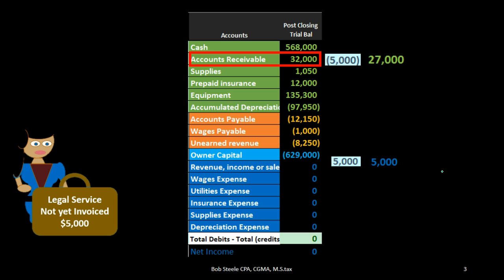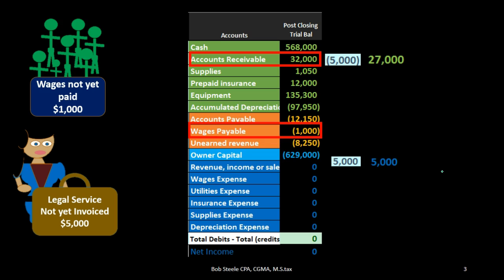We're trying to separate the two departments and say the adjusting department's going to reverse anything that's going to have any impact on the accounting department. Then the accounting department can just do what they do and not have to worry about the adjusting entries. Another example of this is with wages payable. So we may have, as of the financial statement date, had wages payable on the books, meaning we owe $1,000